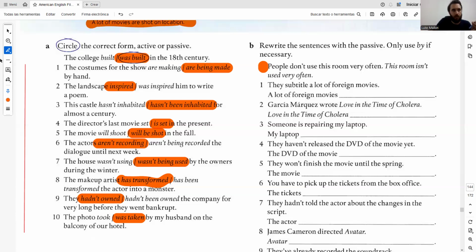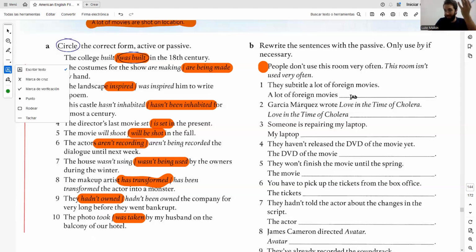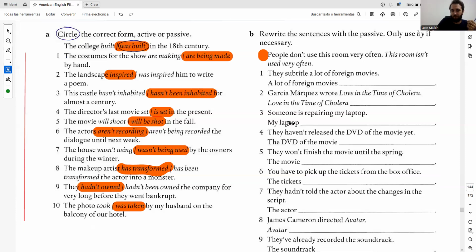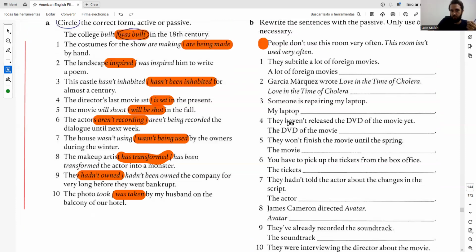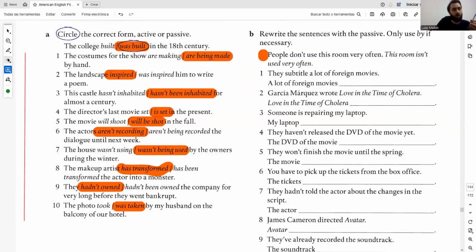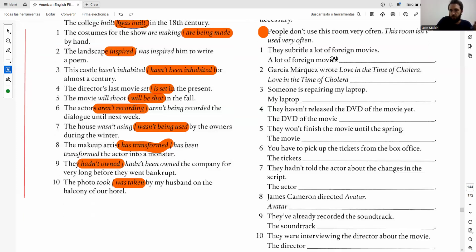They subtitle a lot of foreign movies. Oh, sorry, pause and complete. There are 10 questions. Number one, they subtitle a lot of foreign movies. A lot of foreign movies are subtitled. By who? It doesn't matter. It's not important. Sorry to those people, but in this sentence,